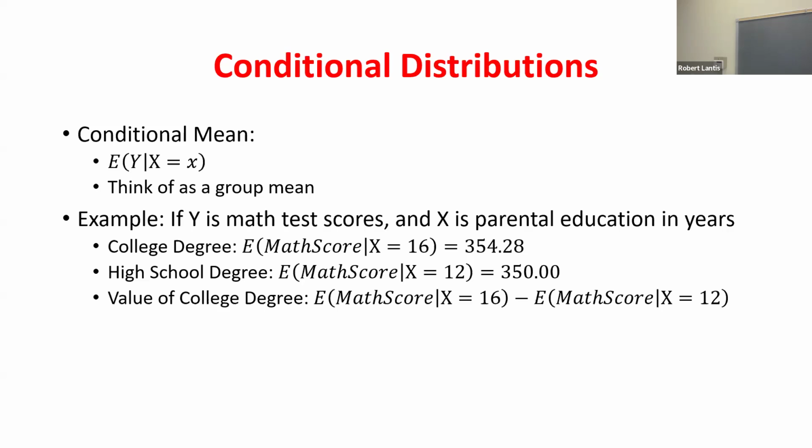And then I did what? Yeah, the value of a college degree, or your parents getting a college degree. You can take the difference, and that's what, 4? So you get a college degree, you can expect your kids to do about 4 points higher on some standardized tests. I don't know what that means to you, but it's just an additional benefit, right? You're going to see that you do the same thing with salary. Instead of your kid's math score, you could say, what's the